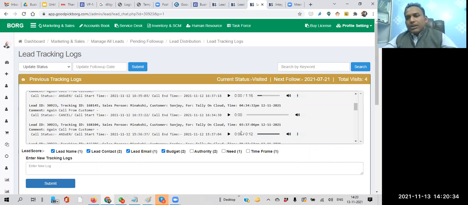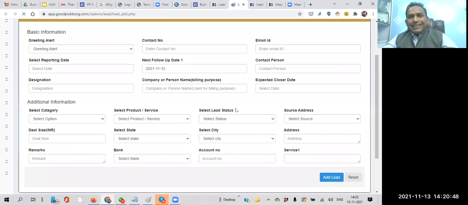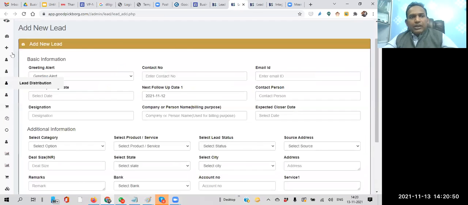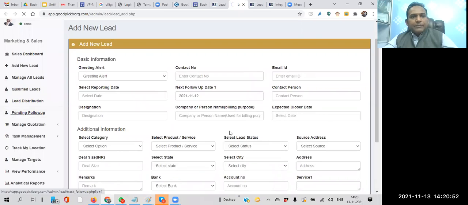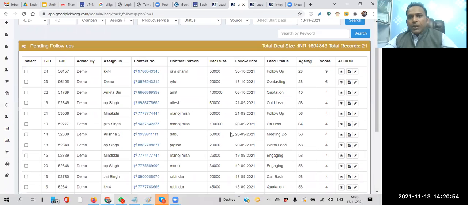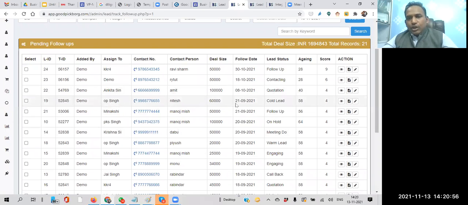Second is, what is IVR outbound? IVR outbound means how we can make a call directly from Worksuite to our prospect. So let me make this clear. Let me go to the lead list, where we follow up. For example, I'm going to the pending follow-up. Right now I have this feature activated in my account.